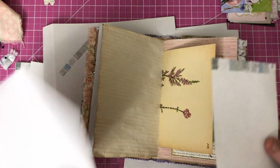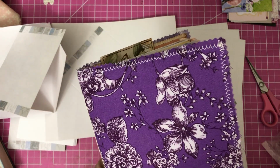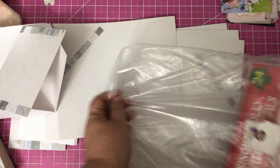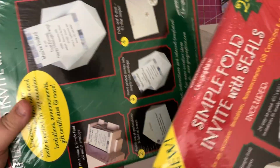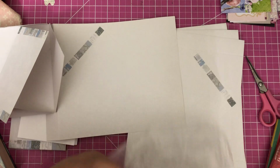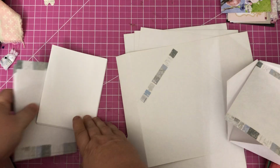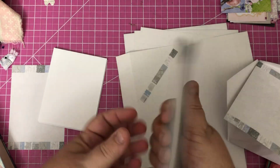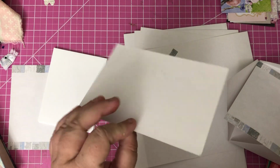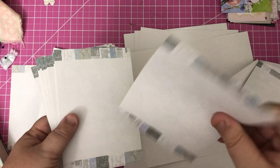So those were really cool. This was like $5, and I mean, these aren't even open, so there's a ton of them in here. That's going to be really neat because they're pretty much ready-made envelopes. They're already scored and ready-made journaling cards, ready to decorate or do whatever. And they're nice. They're not thick cardstock. They're kind of thin, maybe even a little lighter than 65-pound cardstock, but it's great for journaling